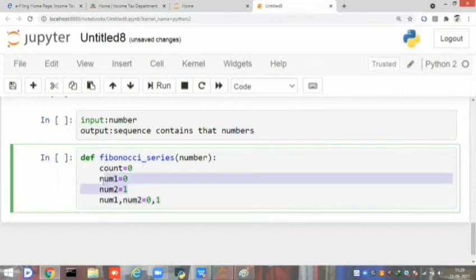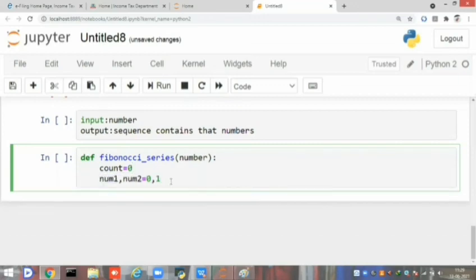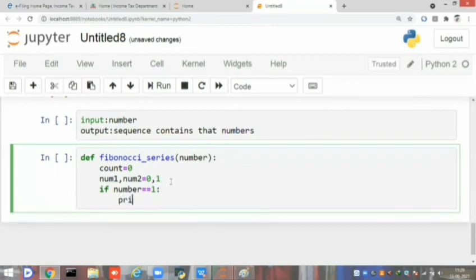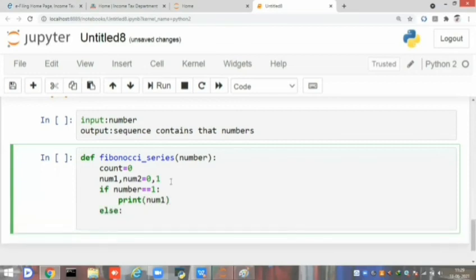Okay, now I'm using a single line implementation and I'm checking if number equal to 1, I am printing num1 because the first value is 0 only, right? So I am printing num1. Else I am taking the while loop because we need that many numbers in the print.